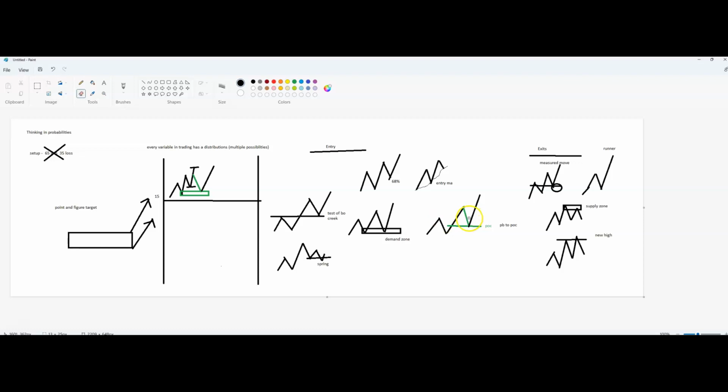Now that doesn't mean that you trade all of them. You pick what you're really good at. All right, so I want to make this clear. You pick what you're really, really, really good at, because if you chase this, it can never lead to consistency and it can never lead to profitability. It's just being aware that anything can happen, or any one of these situations can happen for the pullback.